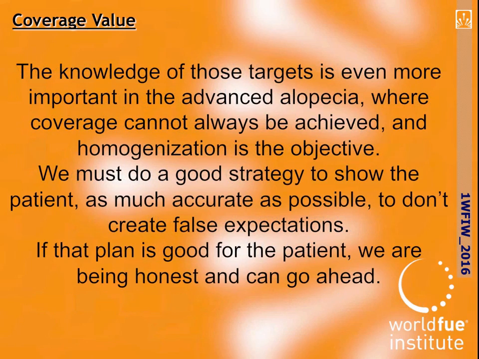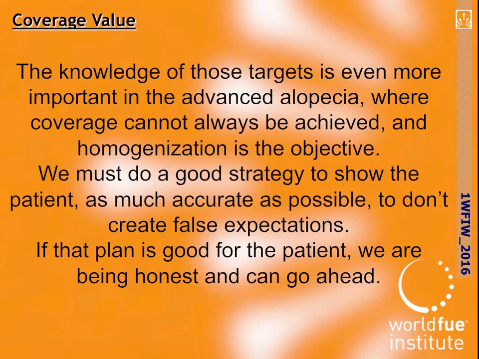The knowledge of those targets is even more important in advanced alopecia, where coverage cannot always be achieved and homogenization is the objective. We must do a good strategy to show the patient as accurately as possible to not create false expectation. If the plan is good for the patient, we are being honest and can go ahead. So let's explain with 3 cases where the goal is to homogenize the recipient more than get a real coverage